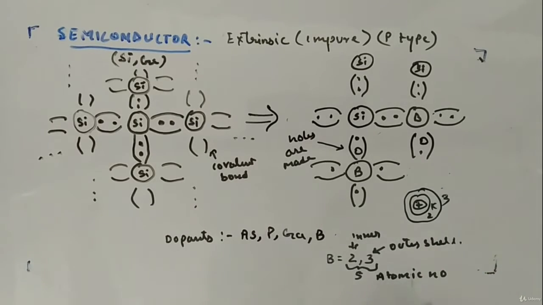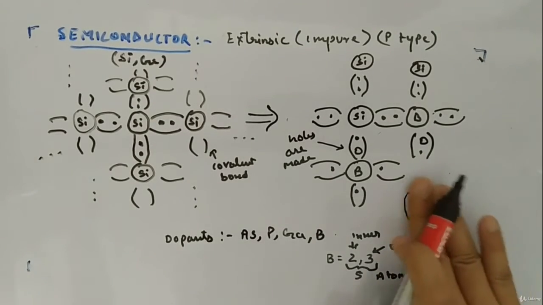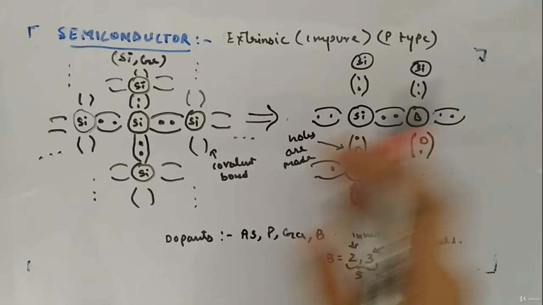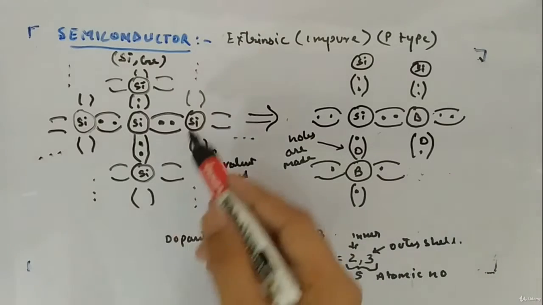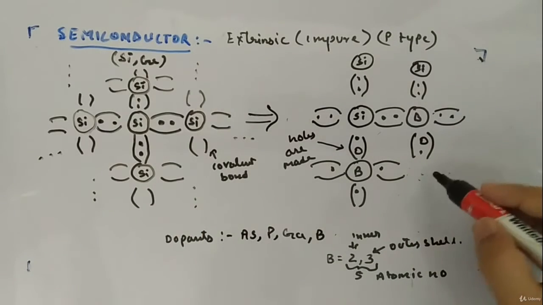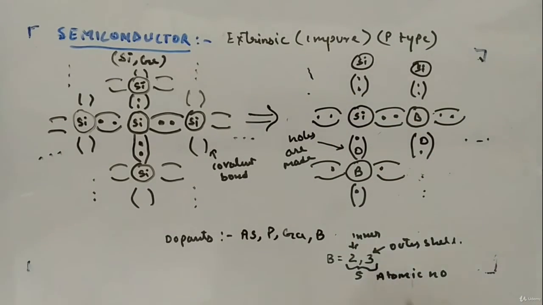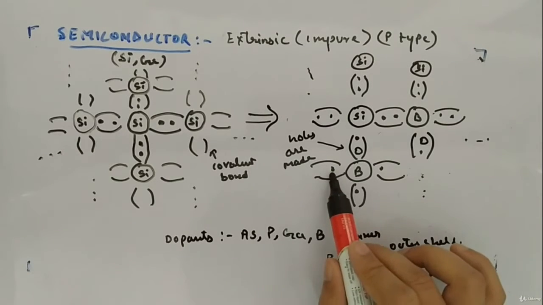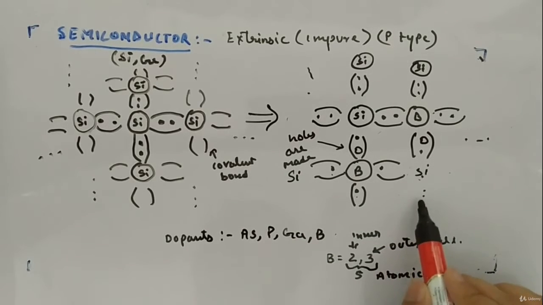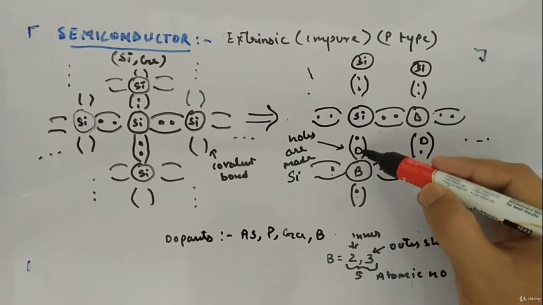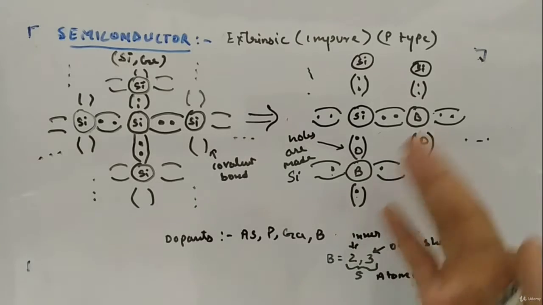That is why we are using this boron element to make p-type, so that it will create a hole. When we fuse these kind of elements with this structure, boron will acquire some of the positions of silicon. That's how the structure will look. Now it has 3 electrons in its outermost shell, which will be used for making covalent bonds with Si. One Si will be here, Si will be here, like this. But it is not having the 4th one, and because of that it will create a hole. By default it will create a hole.